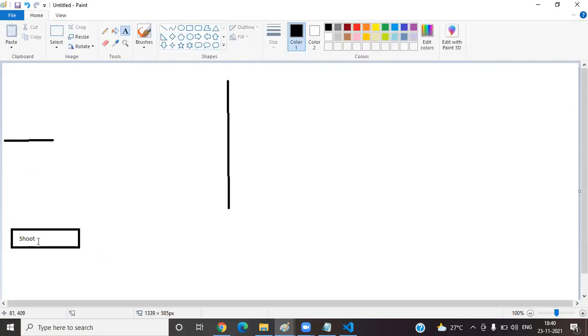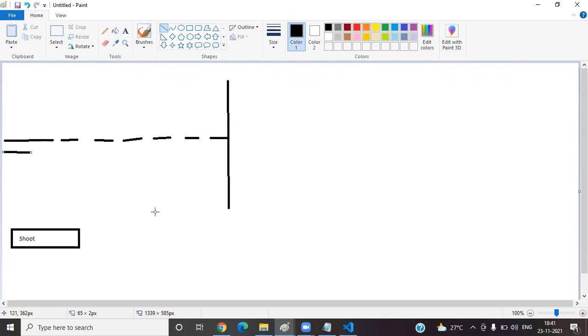Now at the time of clicking on this particular button, my arrow has to hit this wall. Slowly it has to come and hit this wall. Once it has hit, again as usual, it has to come back to the normal position here once my hit is completed. This is my scenario. You can develop this scenario by using inline styling.